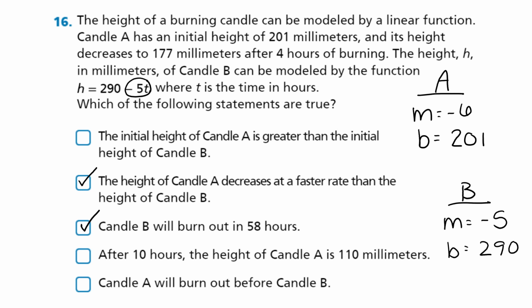After 10 hours, candle A is 110 millimeters. So again, we're going to use that value, -6 times 10. And then we add it to the 201 to get 141. So that is not a true statement. And then candle A will burn out before candle B. So candle B, we know, will burn out in 58 hours like it tells us. If we do the -6 times the 58 hours and we add it to the 201, you end up with a negative value. So A will have already been finished when B